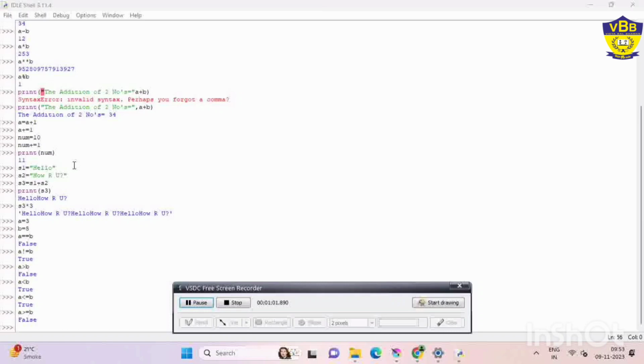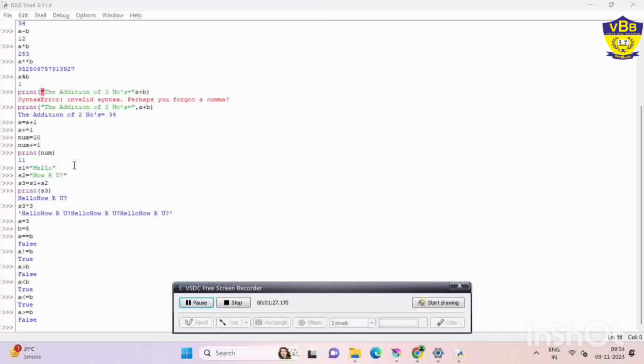But if I ask you, if any of you have brought a notebook or book, then you can sit in the class, otherwise no need to sit here. What is the meaning? If any one of the conditions is true, then only the result will be true. AND means both the conditions must be true; OR means if any one of the conditions is true, then the result will be true.